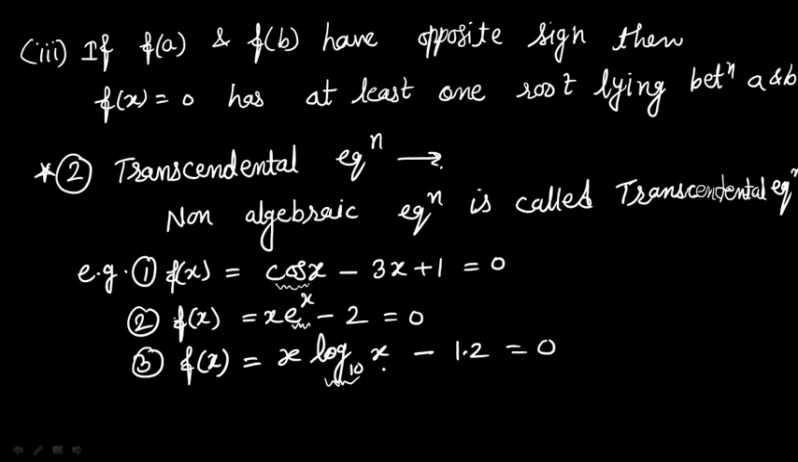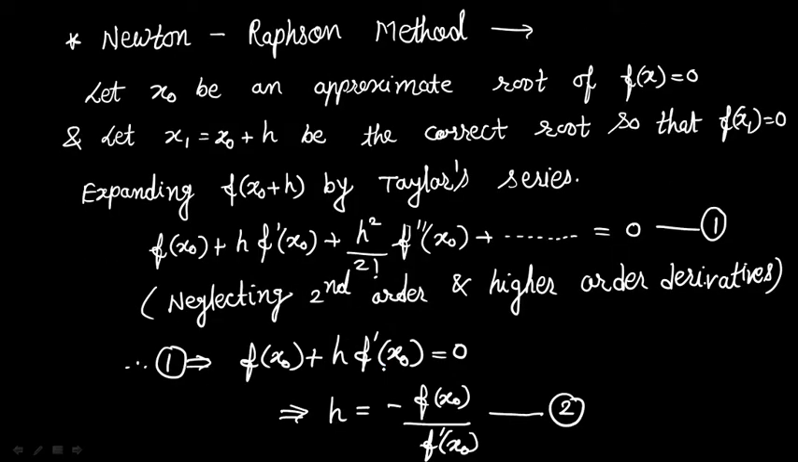Now, Newton-Raphson method formula. Let x naught be the approximate root of f of x equal to 0. Let x1 equal to x naught plus h, a small increment, small difference, be the correct root so that f of x1 equal to 0. Expanding f of x naught plus h, that means f of x1, by using Taylor series. This is equation number 1, which is the expansion of Taylor series. Neglecting second order and higher order derivative terms, we consider only these first two terms equal to 0,